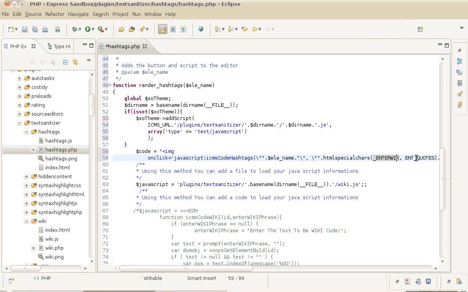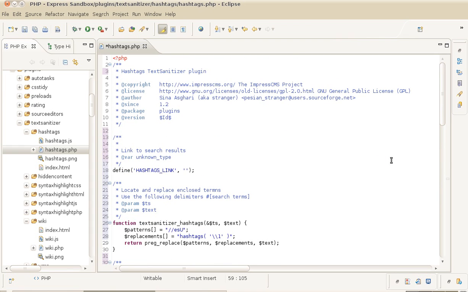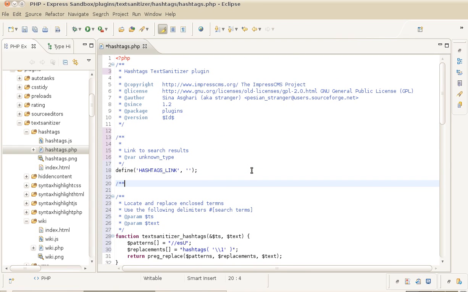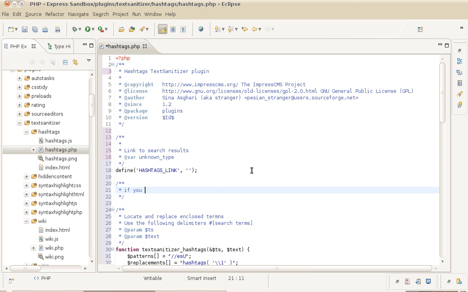We don't want wiki here. Now we're adding this, so it hasn't been defined. We need to make sure that this constant is defined. So I will do that right up here at the top. And if you add this in language,